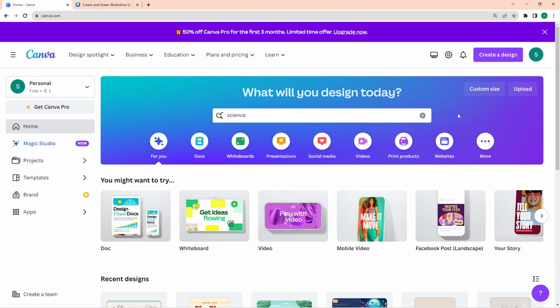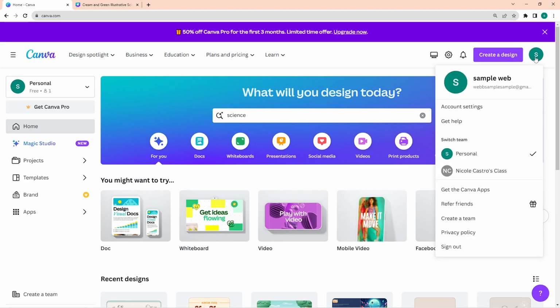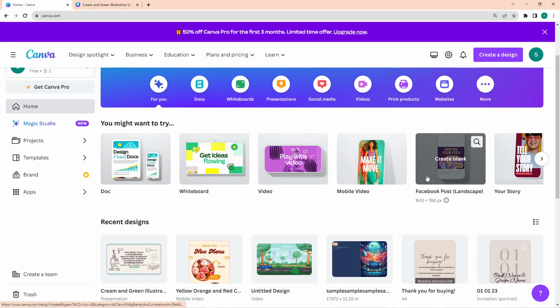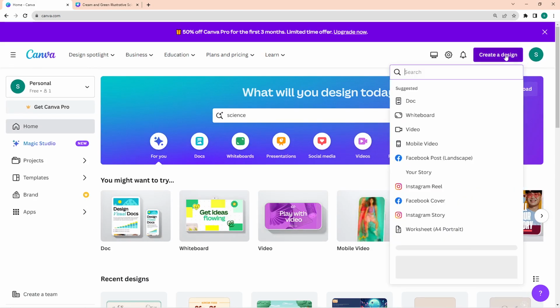If you don't have a Canva account yet, you can sign up using any accounts from your Gmail, Facebook, or other emails. Once you're done signing up or logging in, you will then be here in the homepage of Canva. And this may look intimidating at first, but all you need here is the create a design button,